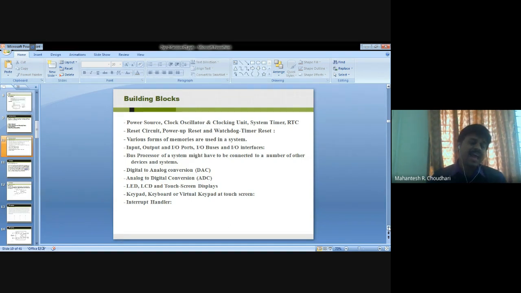Then external RAM, as with almost all other microcontrollers and gate systems. Then ROM memory, and also buffers and ports can be used. So these are the various forms of memories.